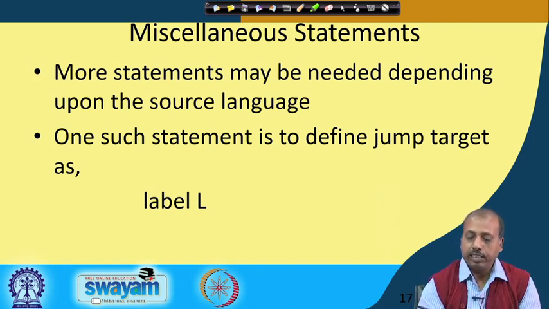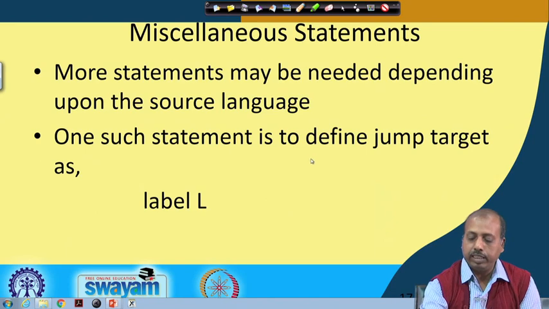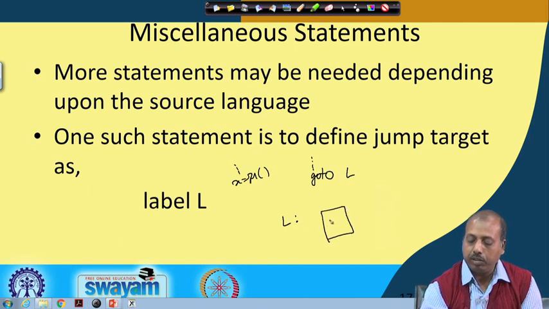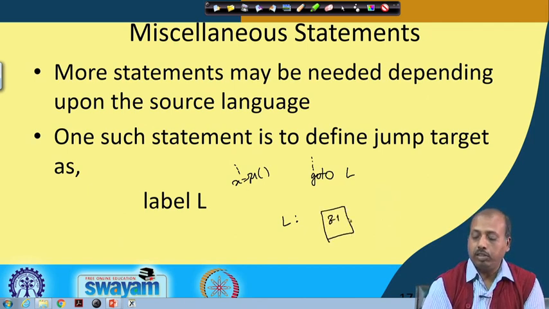For jumping to a procedure, we said that it is like goto L. And then what is this L? Suppose L is a procedure. Maybe in the main source language program I have a call for a procedure, so I have x equal to f1 something. Then the goto L is there. So it is expected that at L I should start the procedure f1.